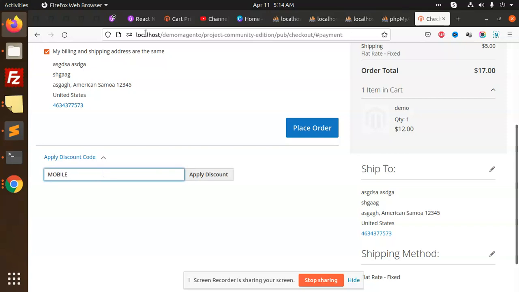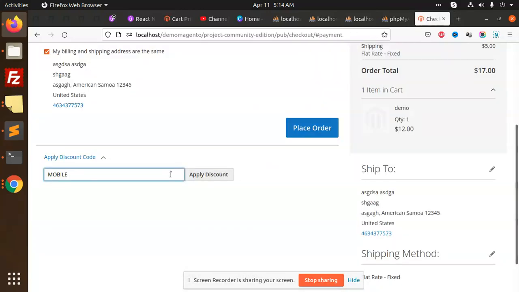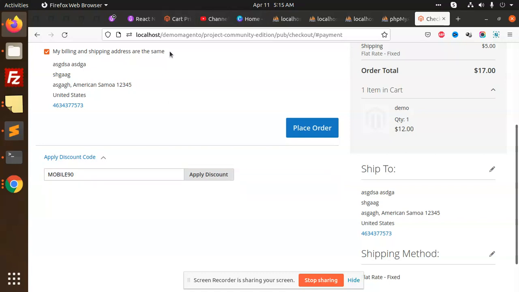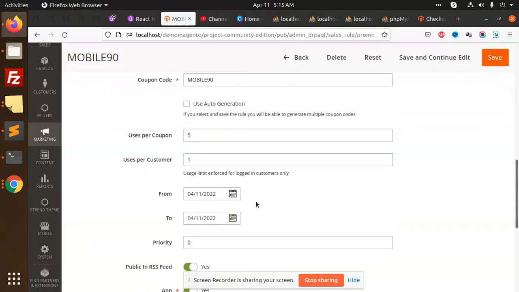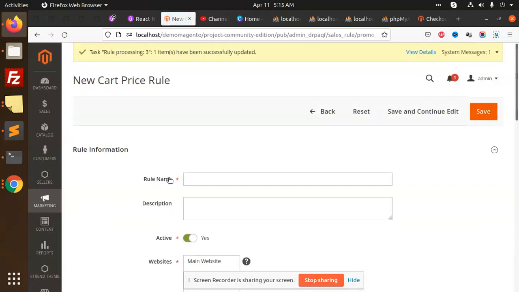It's mobile 90 or something. Mobile 90. Okay, mobile 90. Coupon code isn't valid, correct? So that is basically for the mobile, so it's not going to apply, right? So we are going to create a coupon code which is applicable for the web. We can add web 90,